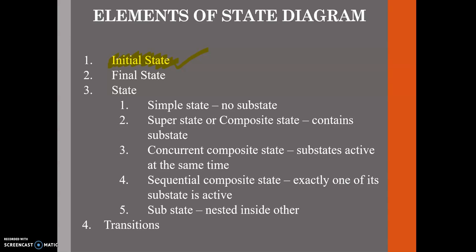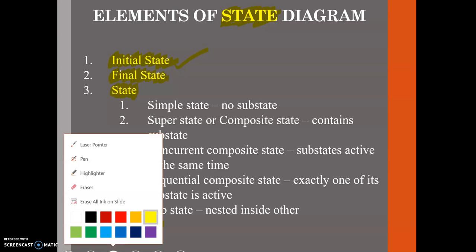We discussed entry point and exit point in the last session: when you draw the state chart diagram, always keep in mind that there is always an entry point and an exit point, right? Your entry point is nothing but your initial state. After completion of the process or task, the final state is your exit. In between, two things happen: you change the state and you do the transition, right?